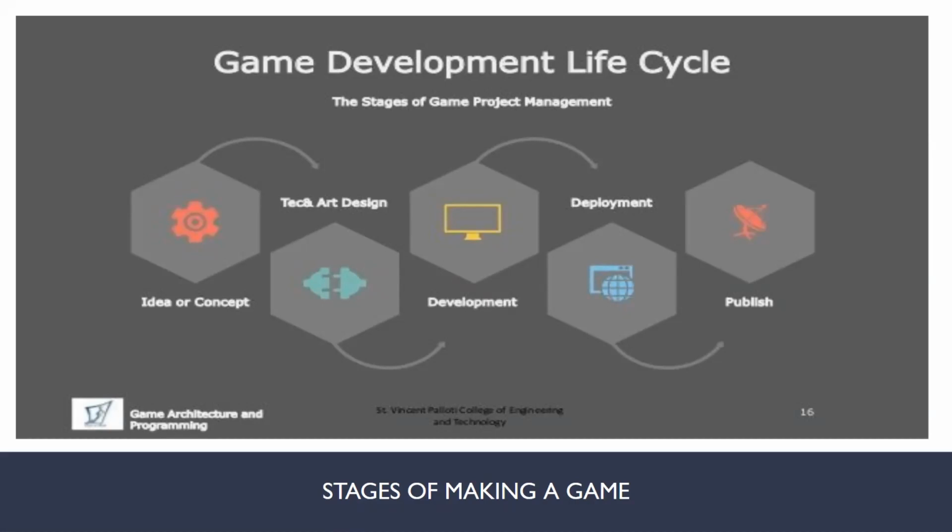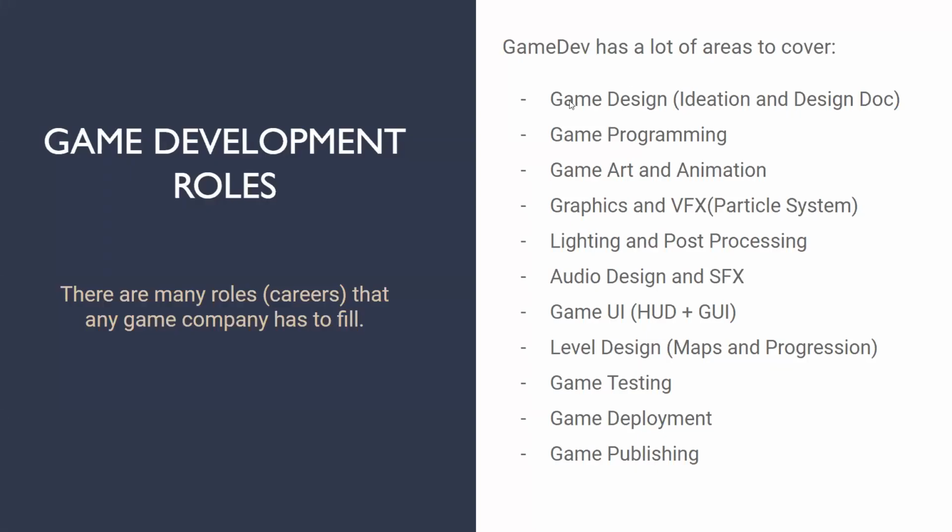And in game development, prototyping is a very common practice. Basically, you create the skeleton of the game, and you keep on working over the mechanics until you're satisfied with what you're making. And then after that, we come to the deployment of the game and publishing of the game. So this I'll explain in the next slide, but before explaining deployment and publishing, I want to explain these areas once again.